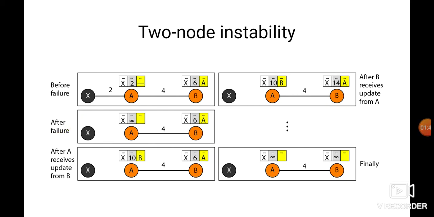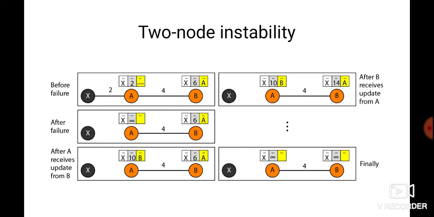So what A will do whenever A finds that the route for X has failed, or any device or any router between A and X has failed, so A cannot reach X, A will update in its table the distance for X as infinite. Whenever the link between A and X fails, node A changes its table. If A can send its table to B immediately, then everything is fine, because B goes to X via A. So if A immediately sends the table to B, then there is no problem.